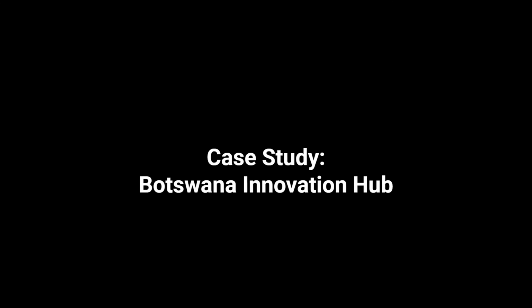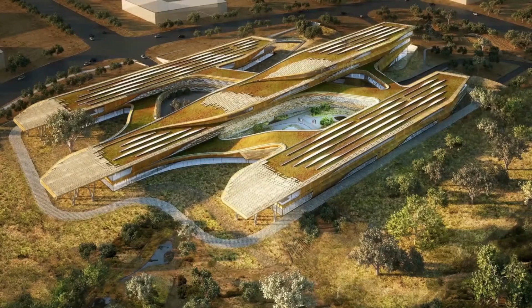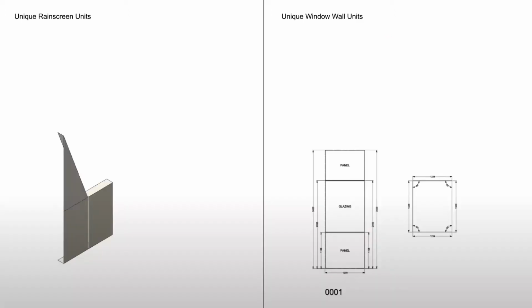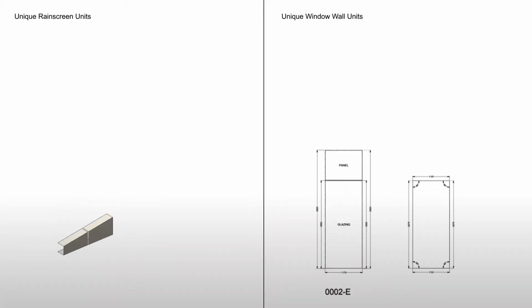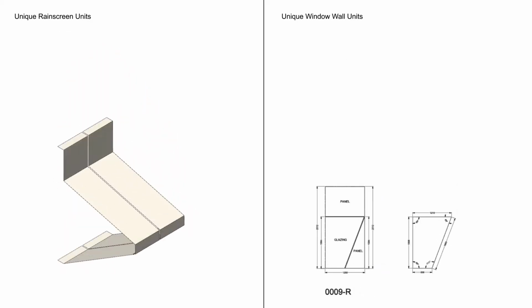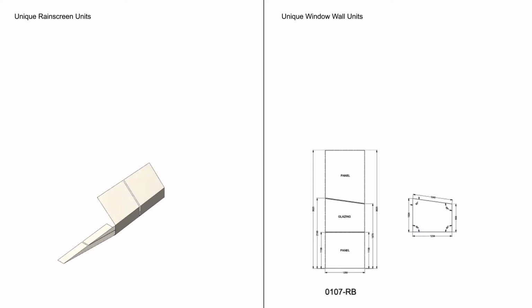So that brings me to another project, the Botswana Innovation Hub, which shares a lot of similarities to Barclays, in this case an anodized aluminum facade, with a similar parametric modeling for fabrication and delivery process. In the case of Botswana, we have around 3,000 facade units. Each of these has 4 to 10 individual panels,